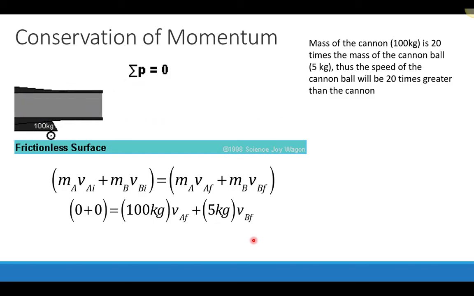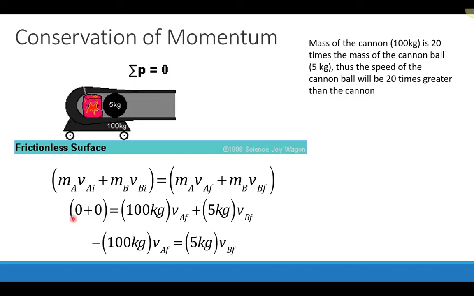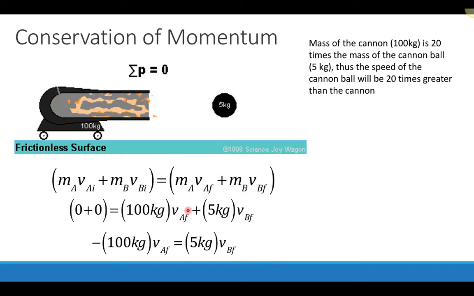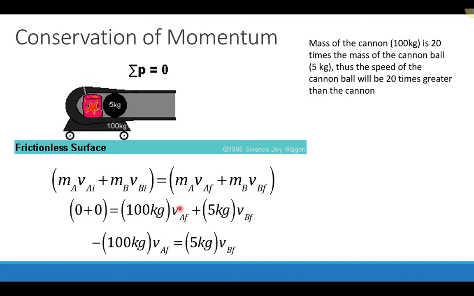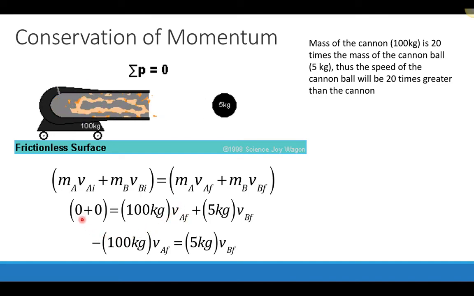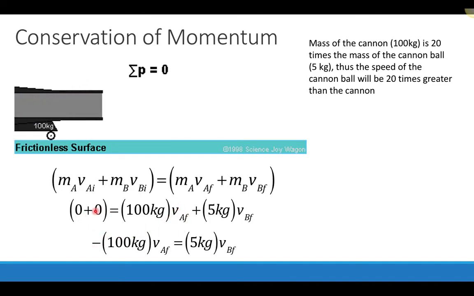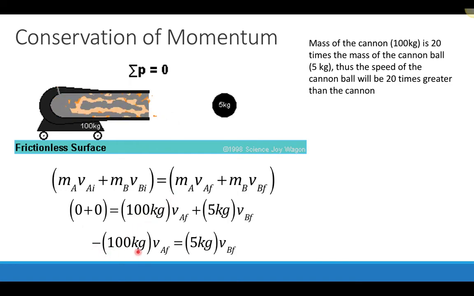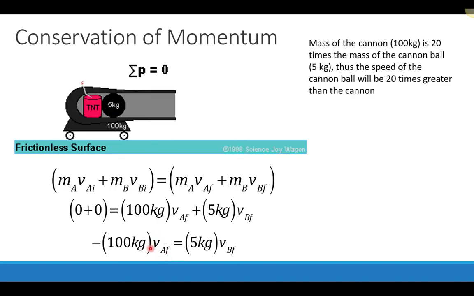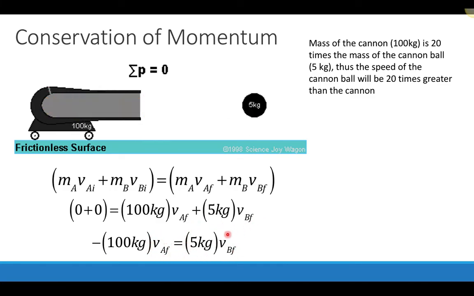Mathematically speaking, since this left side of the equation is 0, I can move one of these terms to the other side of the equation. When I move it to the other side of the equation, it becomes negative, or I subtract it from both sides of the equation and it cancels out here. And I get minus 100 kilograms times the velocity of the cannon has to equal essentially the momentum of the